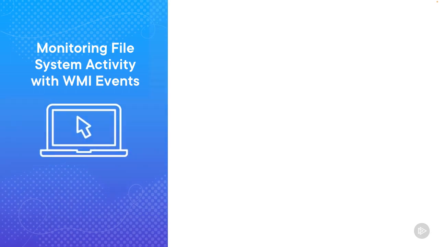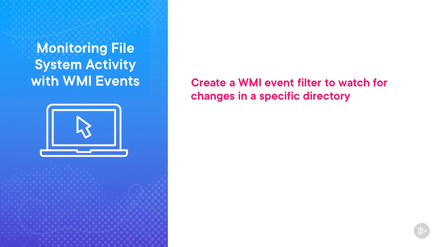You're tasked with monitoring a critical server directory to ensure that you're aware of any changes that might indicate security concerns or operational issues. We want to log activity in this file folder. In this demo, I'll guide you through setting up a WMI event watcher using PowerShell to monitor file system changes